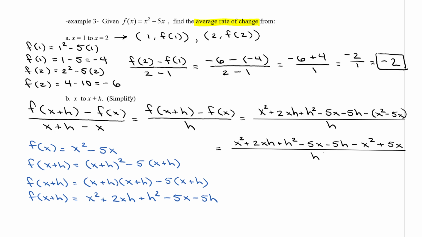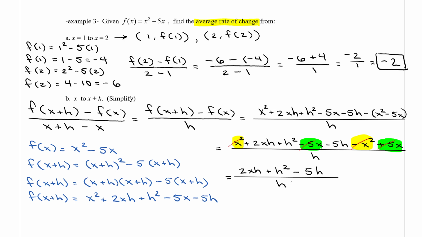So we look to see if there are any like terms that we can combine. I'm going to highlight in yellow that I have an x squared and a negative x squared, so I can cancel those out. I'm going to draw little red lines through them. And I'm going to highlight in green negative 5x and positive 5x, and those will also cancel out. So I'm going to draw little red lines through those two to show that I'm canceling them out. Beneath what I just wrote, I'm going to write this equals